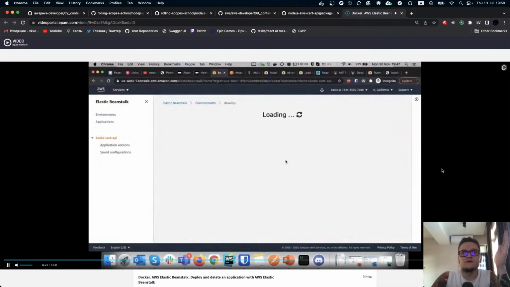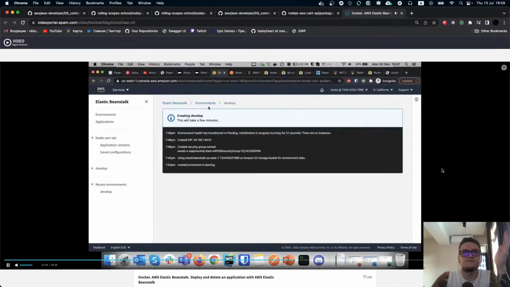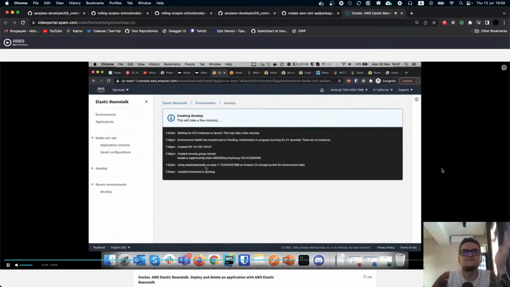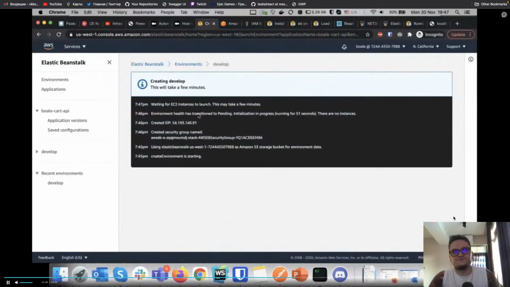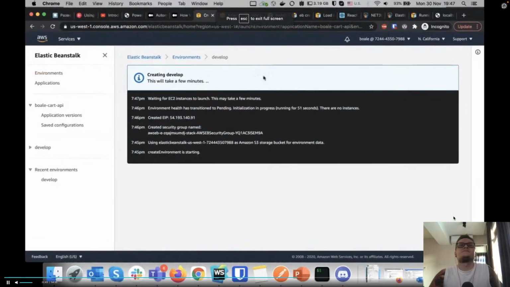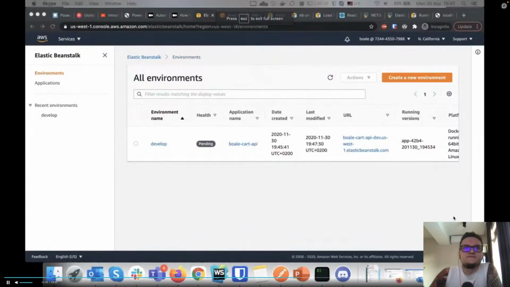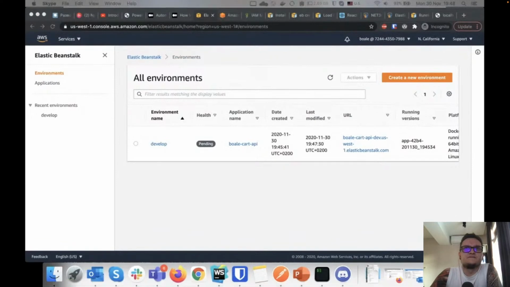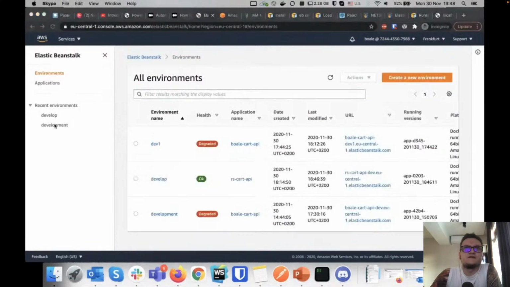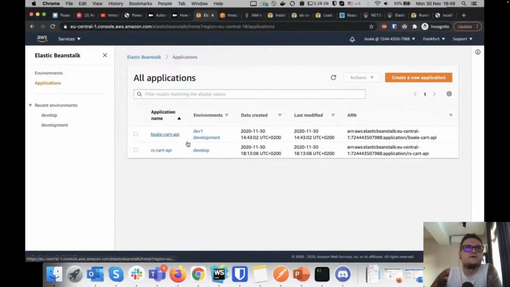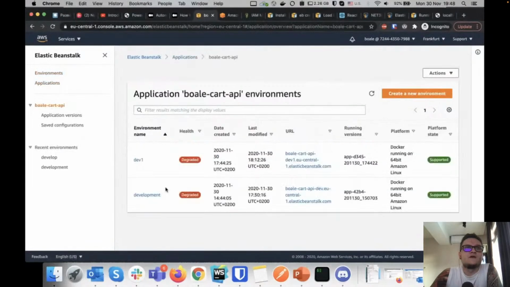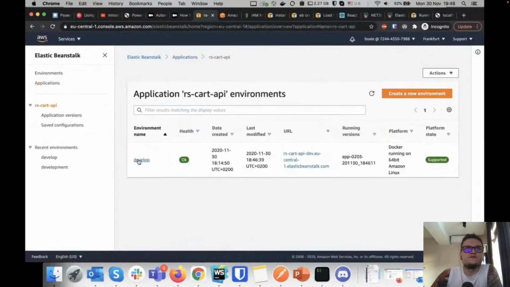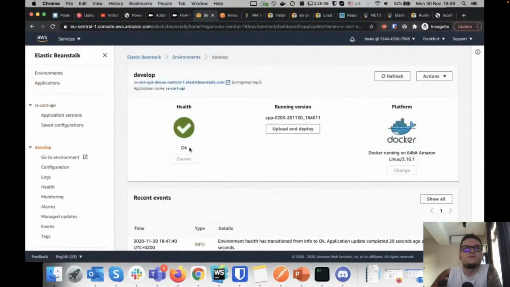So we can go inside our develop environment. It is right now creating. Now let's skip this. So our environment was created. We have the develop environment and its environment health.